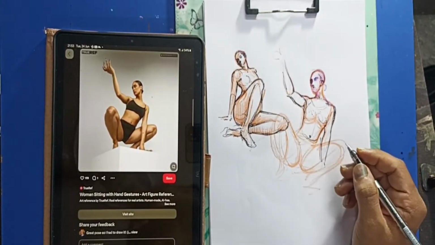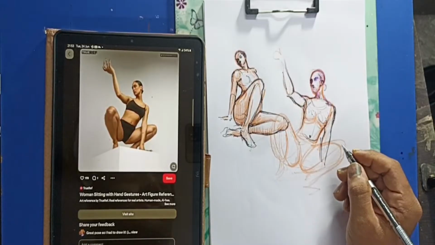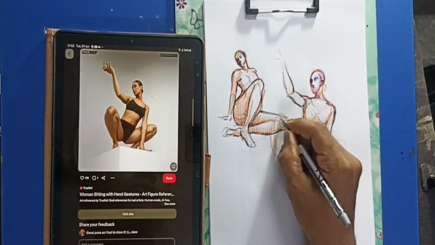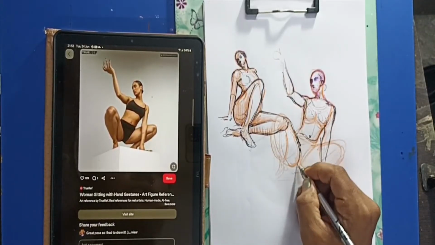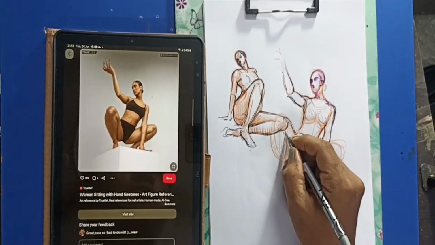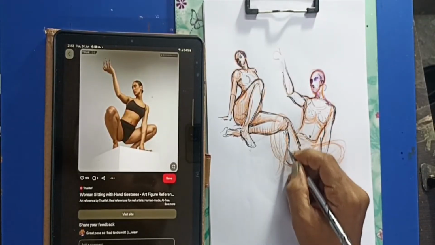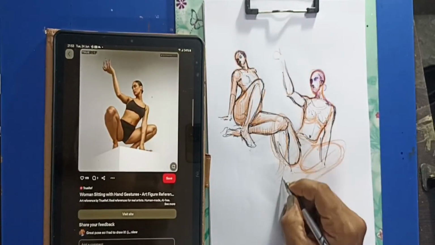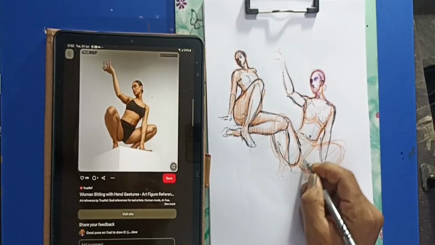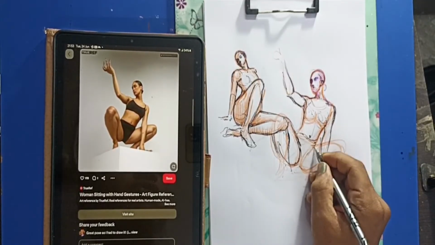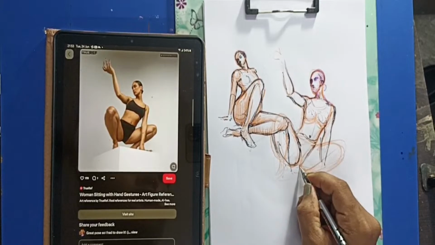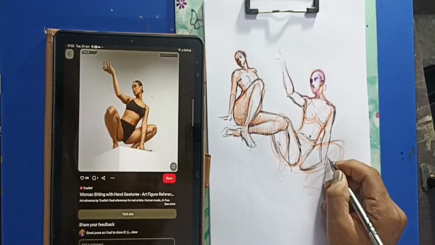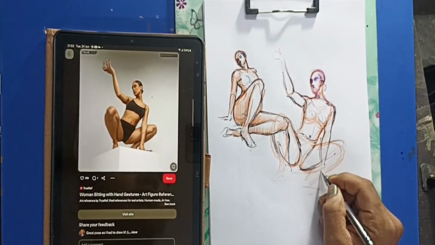If you have any kind of doubt or query, you can freely ask me. So please don't consider this kind of sketch in a vulnerable manner, because this is a study for an artist, a study of the human anatomy, the gesture,